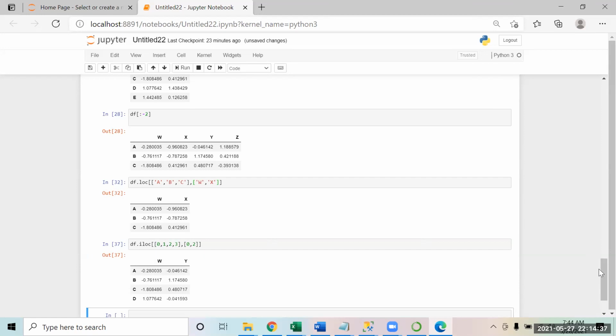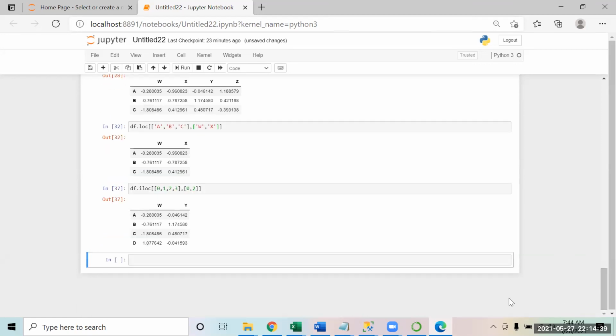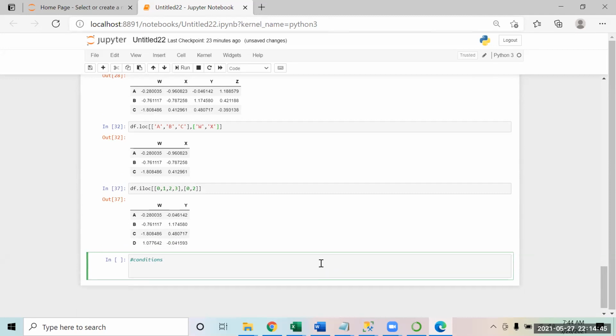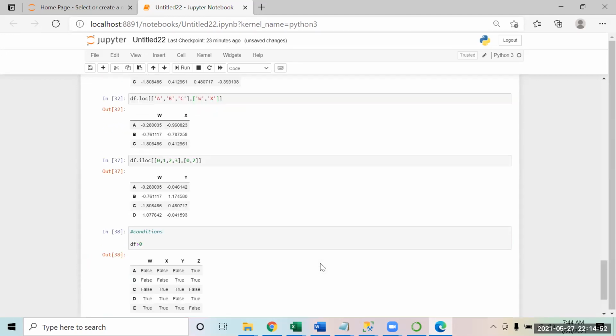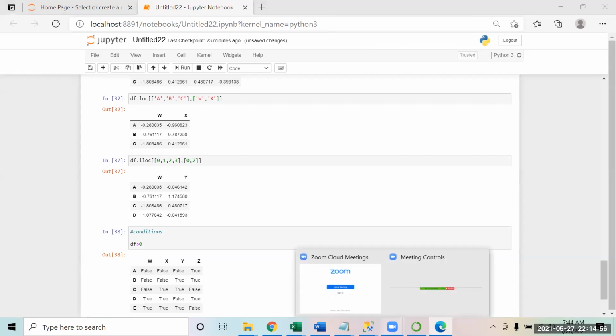Okay. So now similarly, like we have filtered these rows, you can do the selection on conditions also, basis conditions. Like for example, I say that from the data frame I want to pick those numbers which are greater than 0. So you can use conditions as well. There is another example where they use location, but they gave column names in bracket and then dot loc.